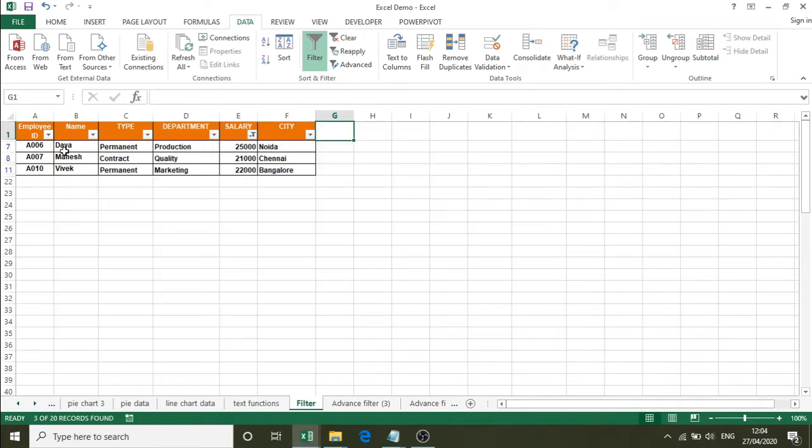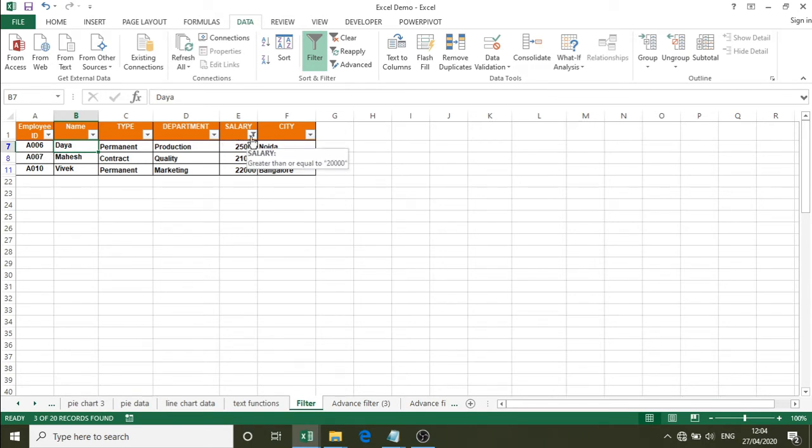Click the OK button. Now you can see there are only 3 records displayed. Observe the status bar: 3 of 20 records. That means there are 20 records, and out of that it is filtering as per the criteria greater than 20,000 and displaying only 3 records.